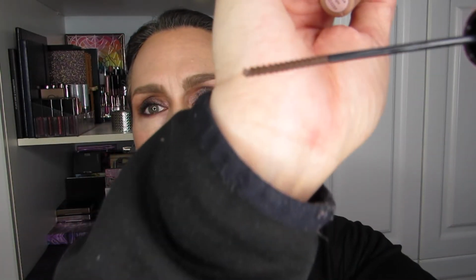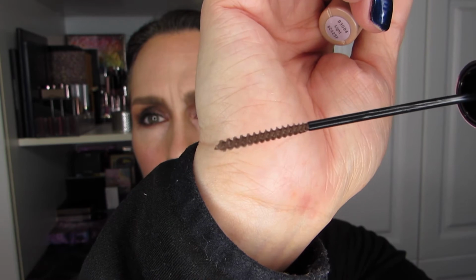And it looks like a decent sized tube. This brush makes me think of the Annabelle Skinny mascara brush, actually. So I'm looking forward to trying that product out. It says it's a sheer tint brow gel, so I'm curious to see how this works compared to the Anastasia Clear Brow Gel and the Tarte brow setter as well. I don't remember the name of the Tarte one, but